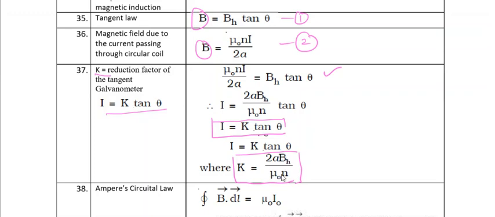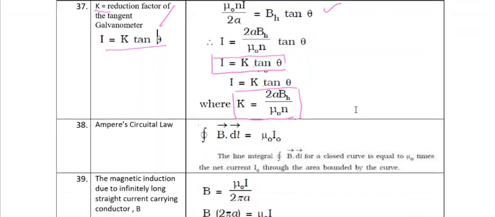All these constants are reduced in a tangent galvanometer. So it is called a reduction factor of the tangent galvanometer. So K. So that's what we are given here. Do you understand? So we can replace this big ratio of constants with a simple single letter, capital K. So I is equal to K into tan theta, right? Then